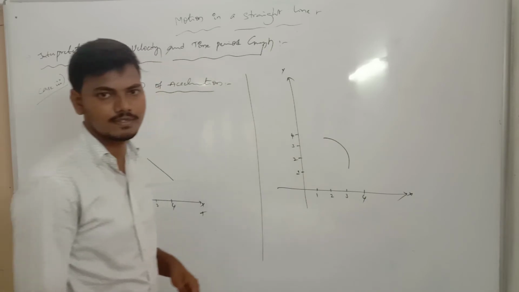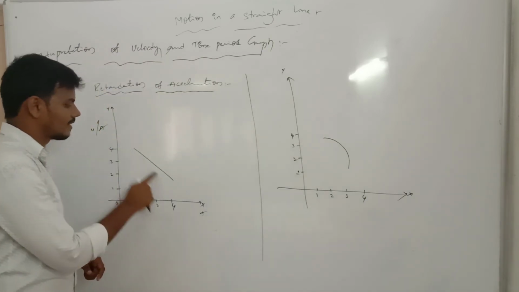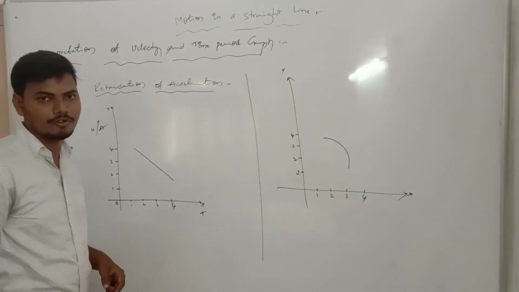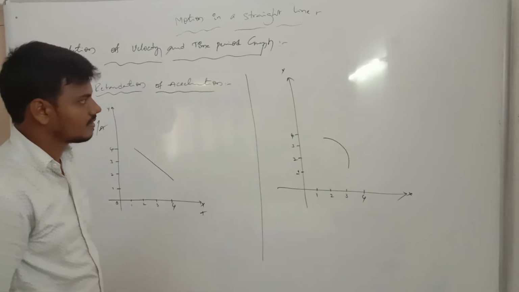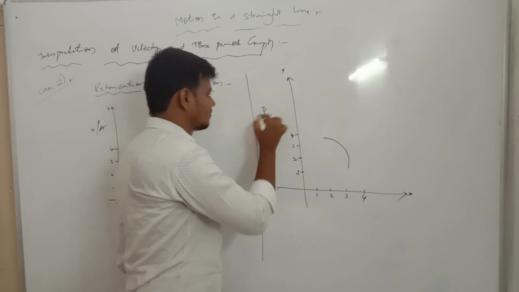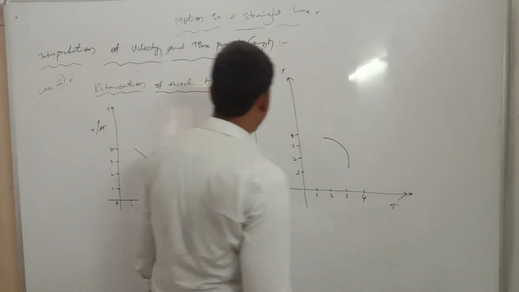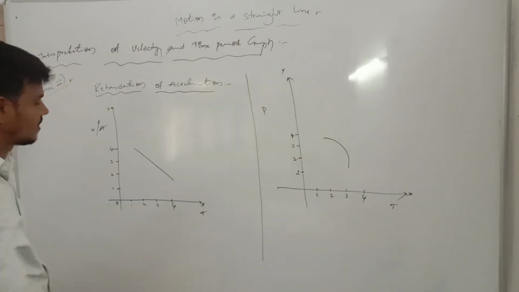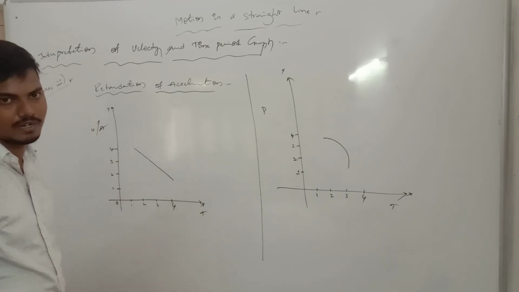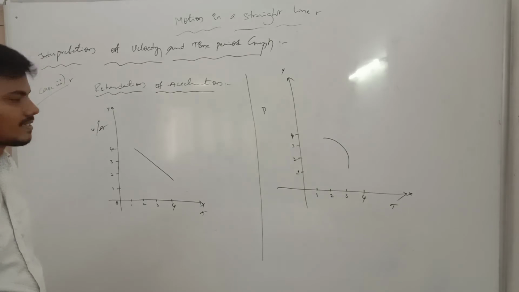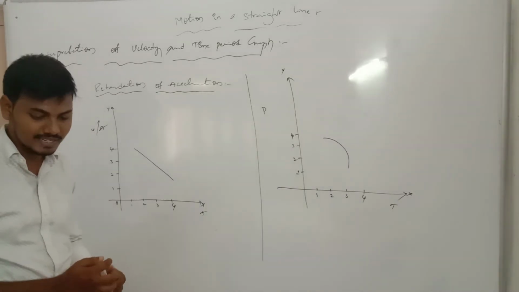Okay, this is the straight line manner. Now this one is non-uniform manner. Now this is the position and time graph. Previously it was the position and time graph; now this one is the acceleration-time graph, or velocity-time graph also. Okay, this is case 3. Now case 4. What is case 4?